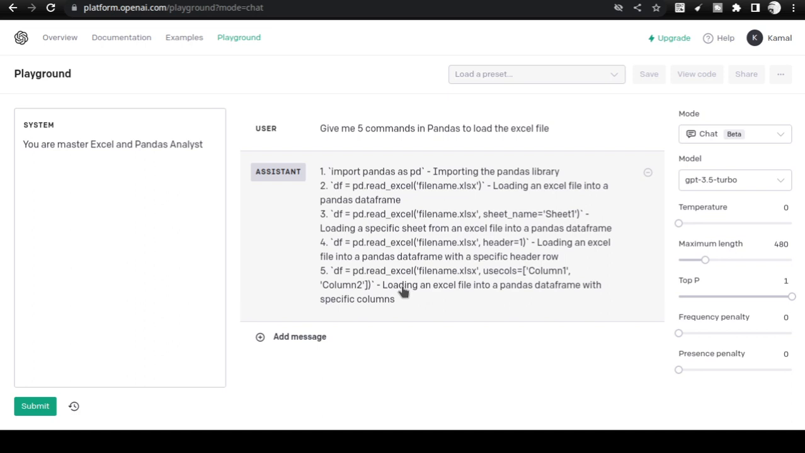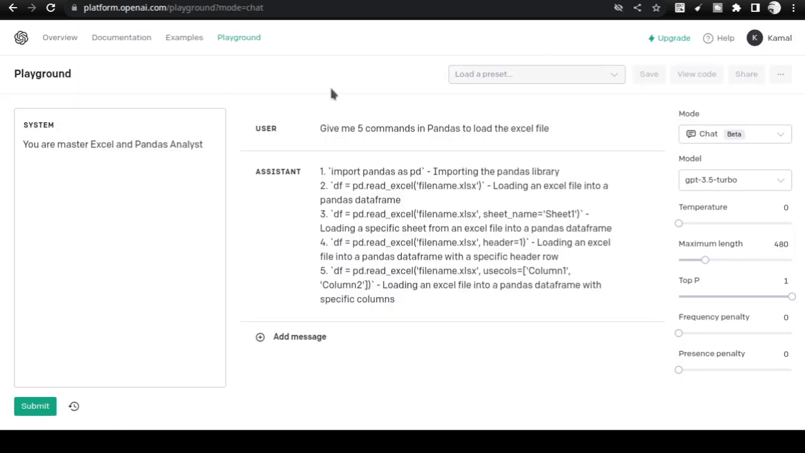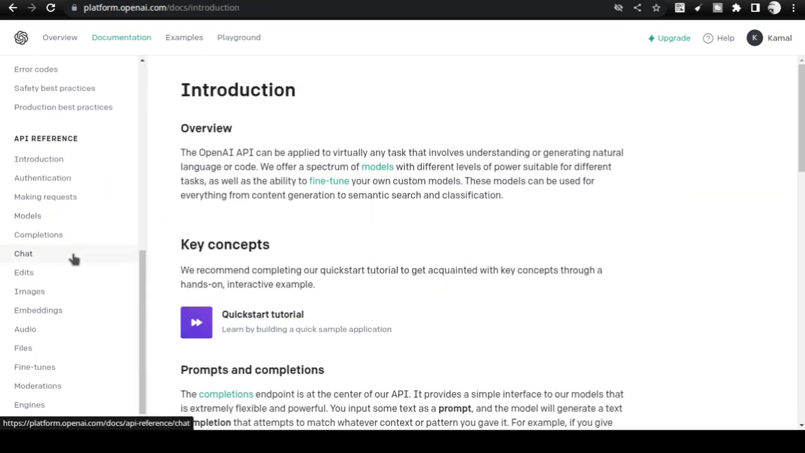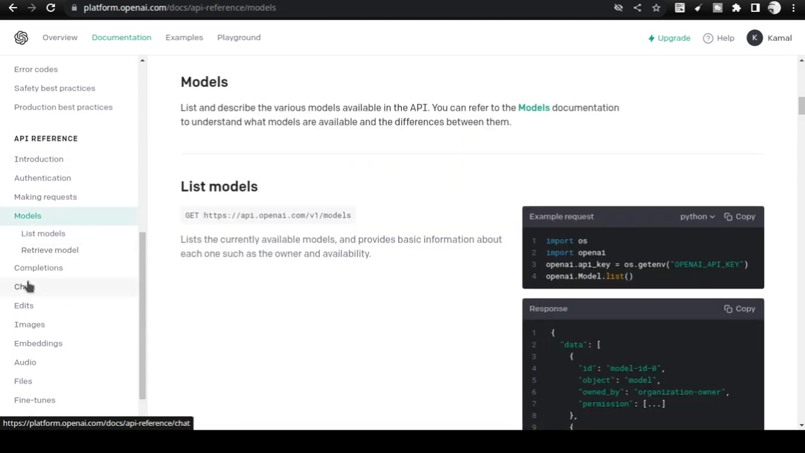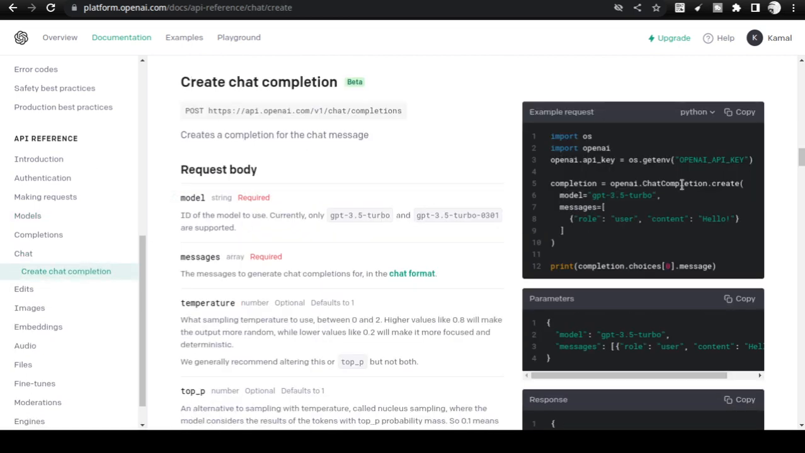So what we are going to do is go to Jupyter Notebook. This is where we will start interacting with the ChatGPT API. If you go to documentation, you can get the API reference here. In the API reference, you can click on models, and then click on chat. This is a chat model. So you click on chat, and you can say create completions. So this is where